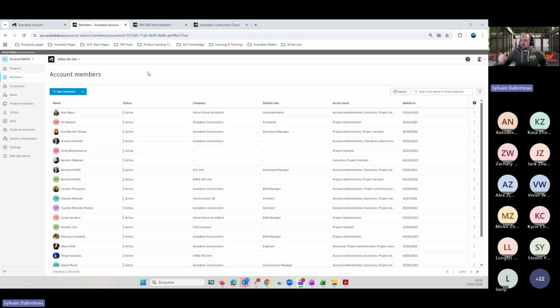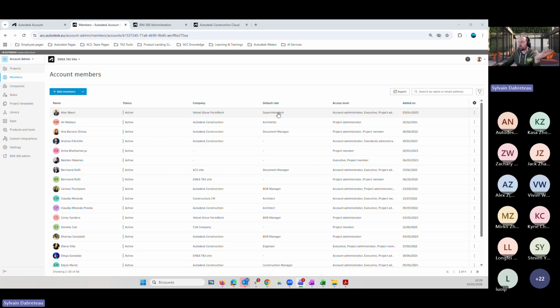But you will find everyone here. So the way you need to work and standardize your processes in the future as well is that you have all the members, and all the members are linked to one company. This company can be private, can be your own company, can be external, can be a public company as well.